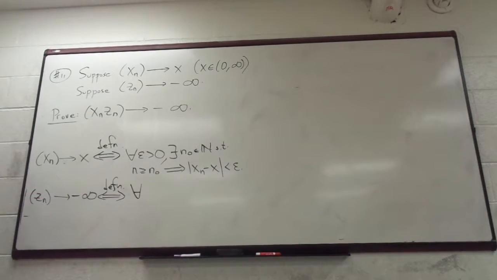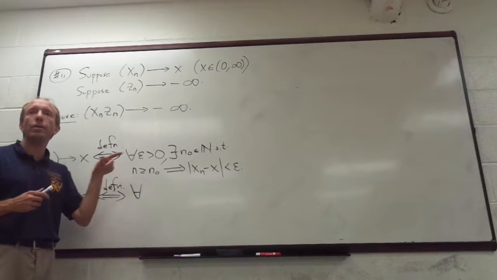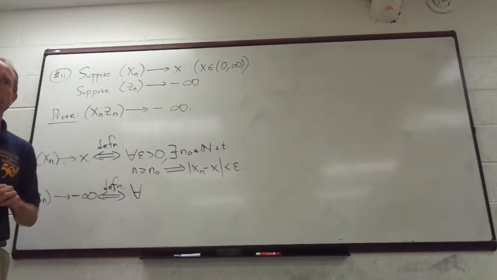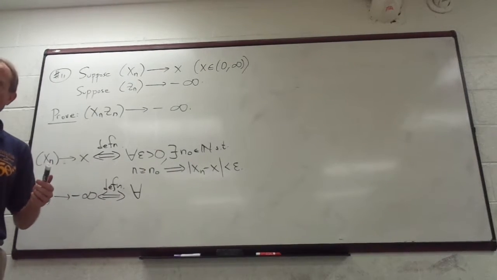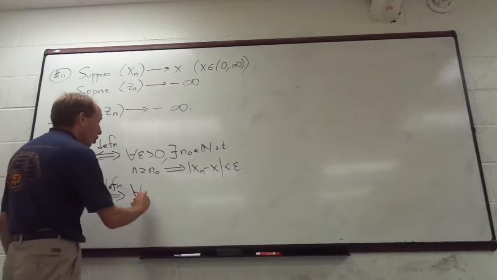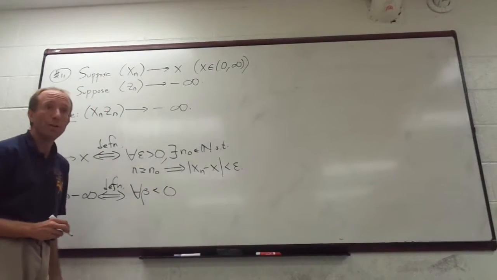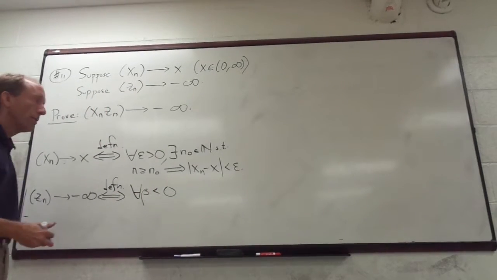For all, let's use a Greek letter because we're using the epsilon here. I'd rather make it look similar. Either an alpha or a beta would be a good choice. If you remember, I think we actually used beta. For all beta less than 0, for all negative betas,